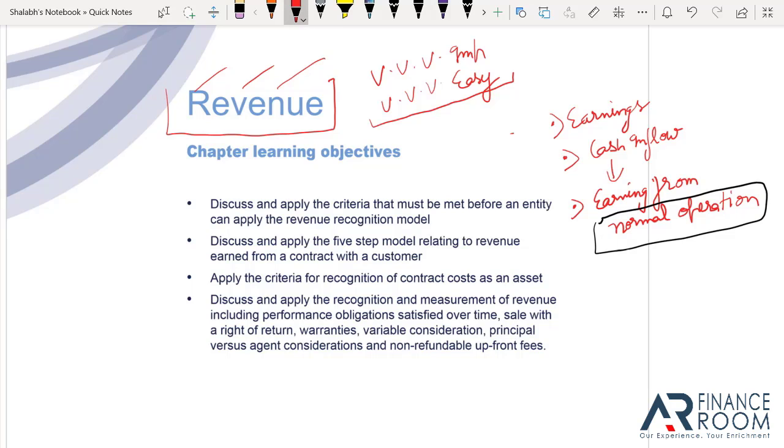See how. If I sell an asset, if the company or the firm or the entity, whatever, for which I'm working, sells its asset, is that a revenue? See, that's a cash inflow. But is that a revenue? Of course not. That's not a revenue. Why? Because we don't sell assets in normal day-to-day operations.